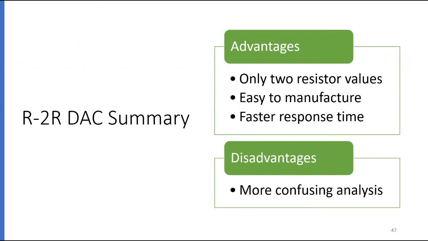Okay, and then for the R2R DAC summary, the advantage of this R2R, only two resistor values, R and 2R, easy to manufacture, faster response time. And disadvantage is more confusing analysis. Kalau kita nak buat analysis lah, macam kita nak buat pembuktian R1 equal to 1, R2 equal to R, R3 equal to R, situ ada bit confused lah bila kita buat